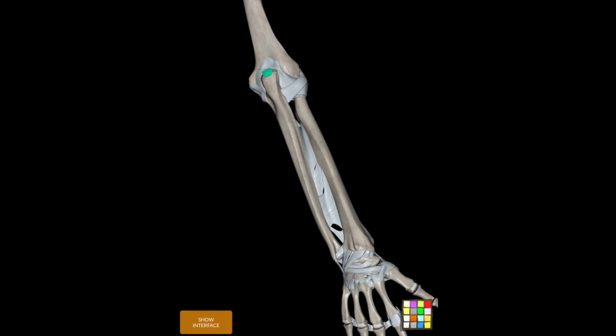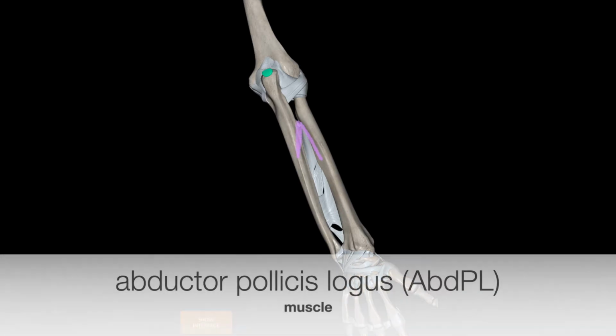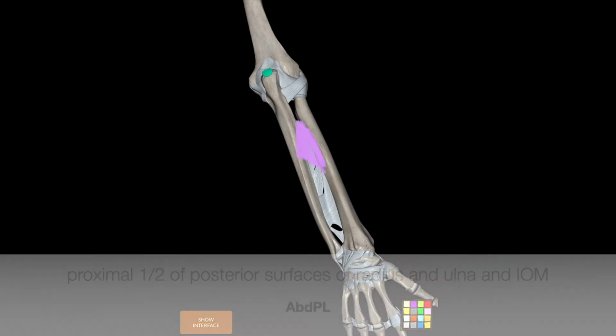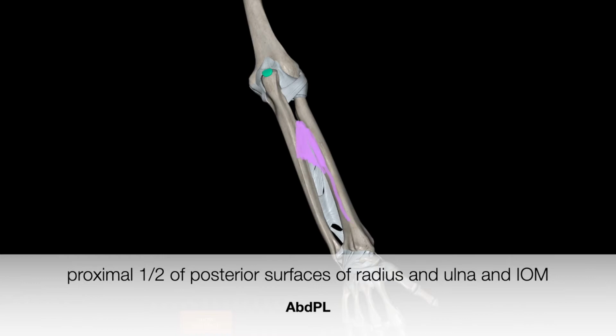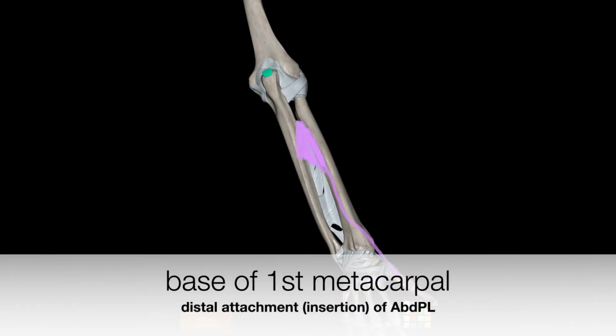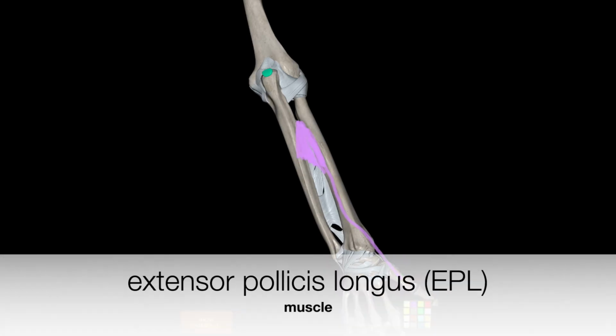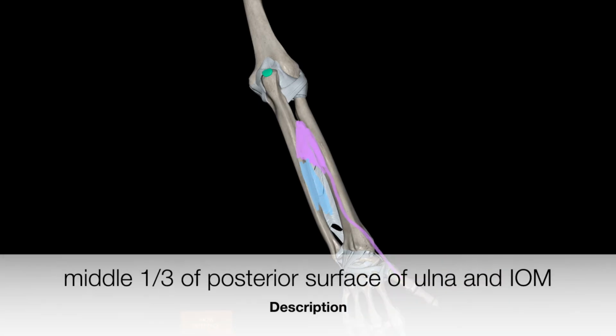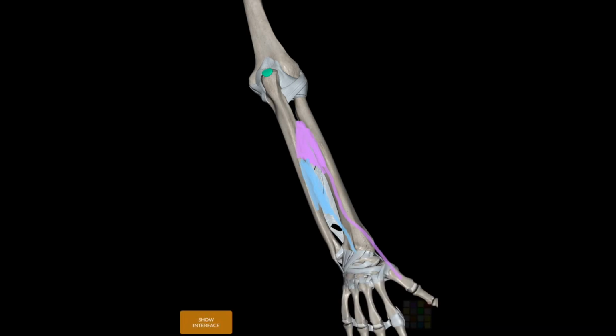The first of these, the most proximal and the largest, is abductor pollicis longus. It arises from here proximally, and its tendon runs radially and into the base of the first metacarpal. Next, on the ulnar side, is extensor pollicis longus. It arises from this sort of area, and it has a very characteristic tendon that projects towards the midline and